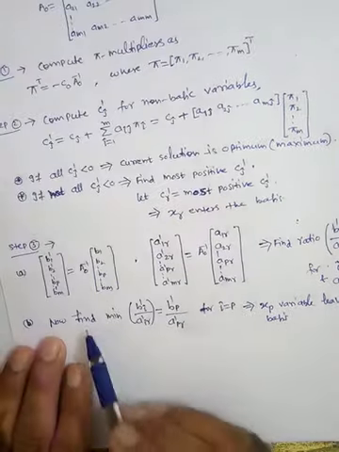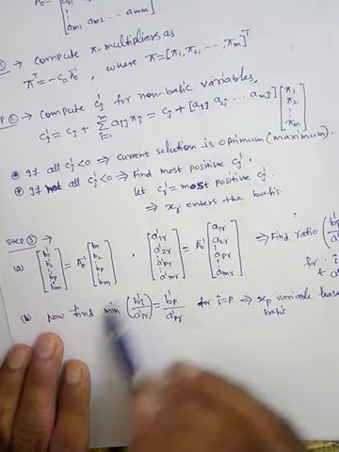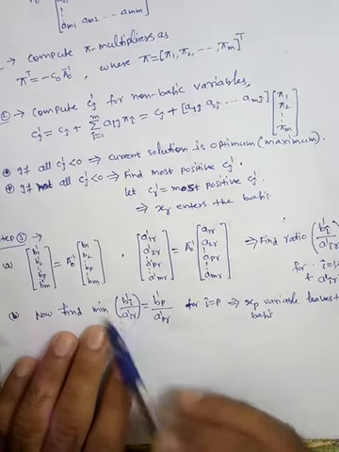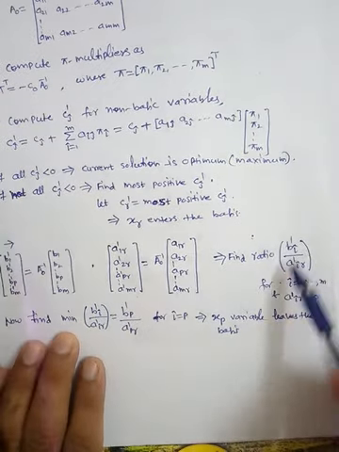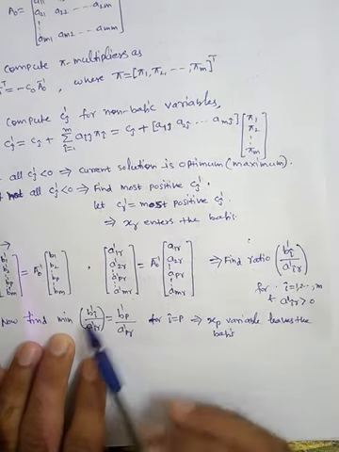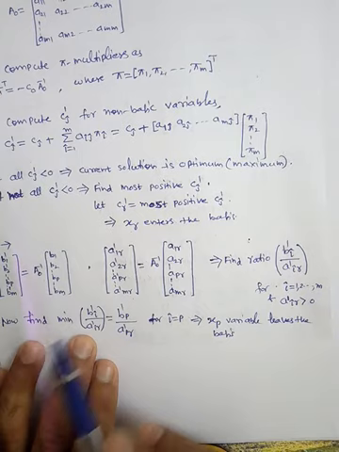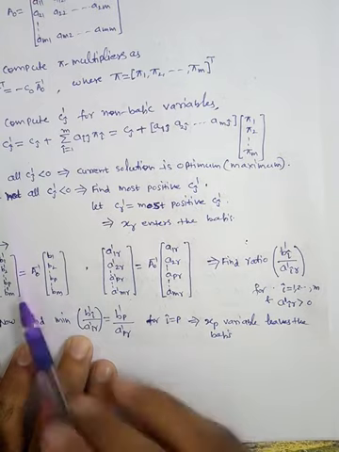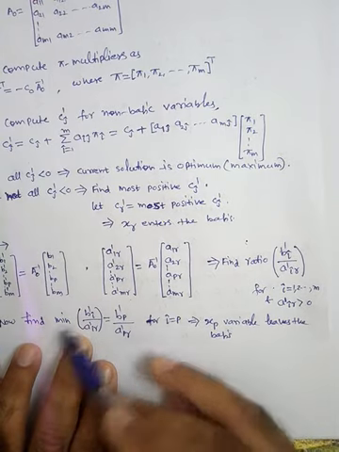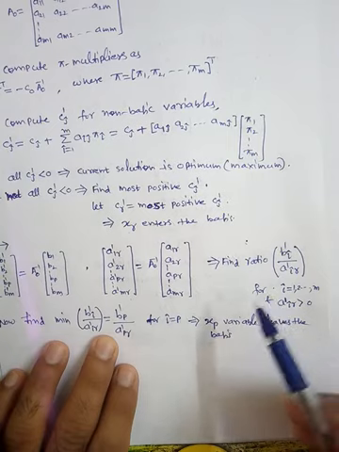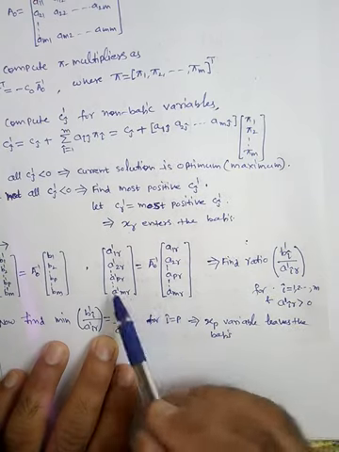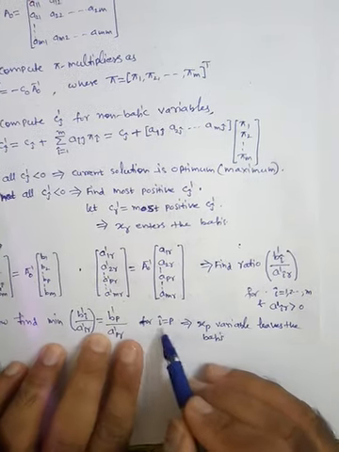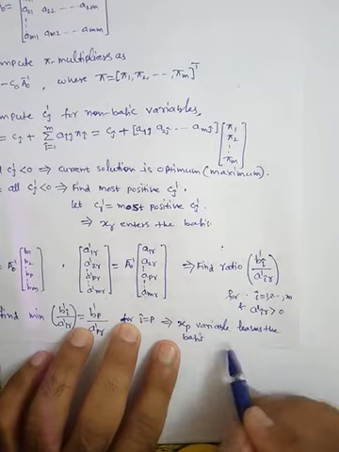Now find the minimum ratio, just like in the simplex method. In the simplex method we know that the minimum ratio is evaluated for the positive values. Similarly here, find the ratio for the positive values and find the minimum ratio. Suppose that is for the pth row or pth variable, which is b dash p divided by a dash pr. So for i equal to p, the variable xp leaves the basis.